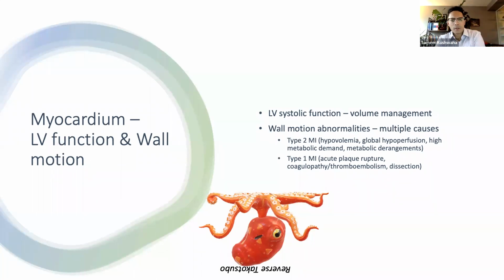So when we're doing cardiac assessment of a trauma patient, obviously left ventricular systolic function is an important aspect of our examination. So we can look at gross LV function overall in order to guide overall volume management and determine if the patient is profoundly volume deplete, or if they have left ventricular dysfunction that can necessitate a more cautious approach to volume resuscitation. And we may detect major wall motion abnormalities on our initial assessment. So the wall motion abnormalities could be pre-existing, or they could be from coronary ischemia related to many different mechanisms in the context of the trauma.